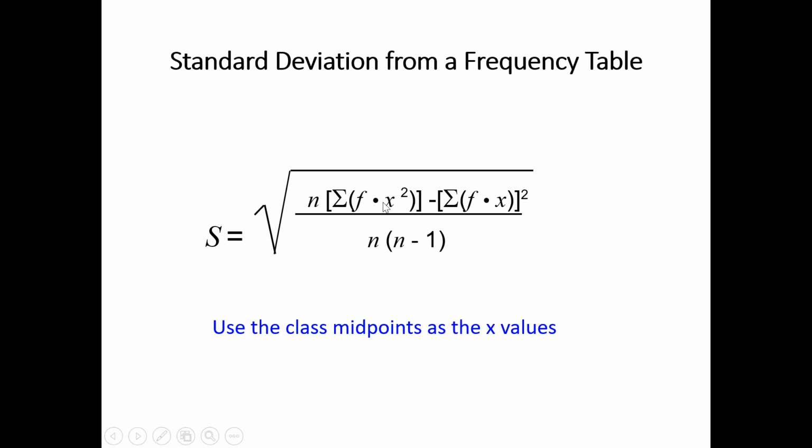Within the first bracket, the x is squared, and here the square is after the third bracket. Divided by n into n minus 1, this gives you the standard deviation of the frequency table. Now, whatever I'm telling you right now, this will be practiced, and whenever you come to the department